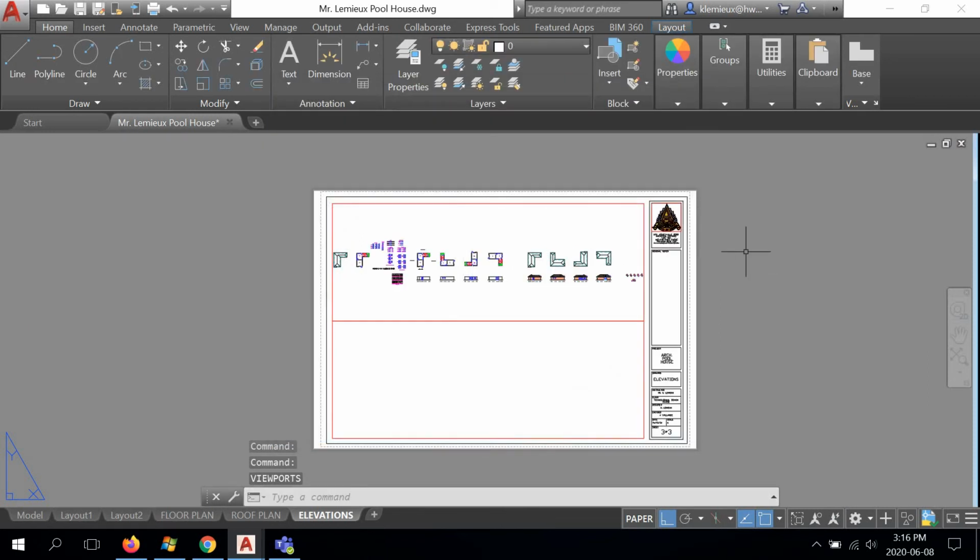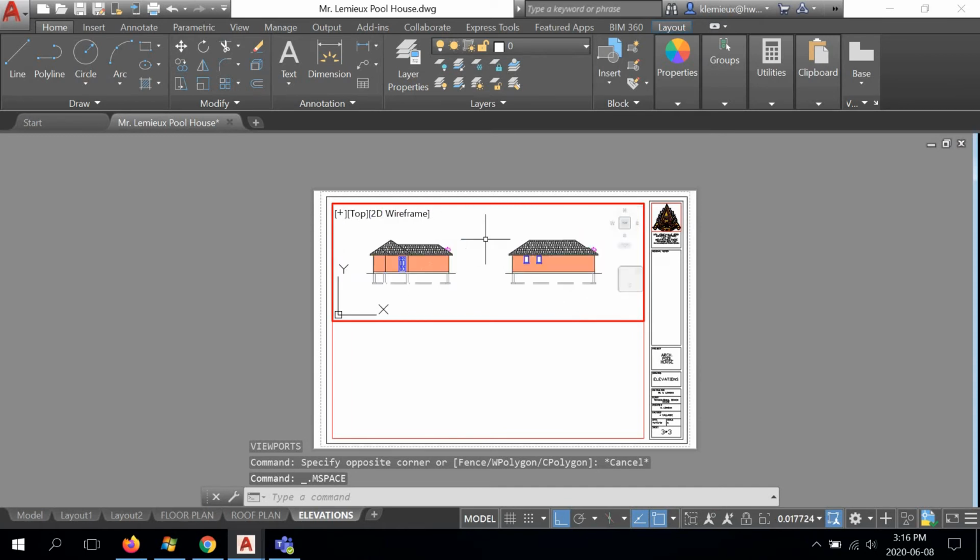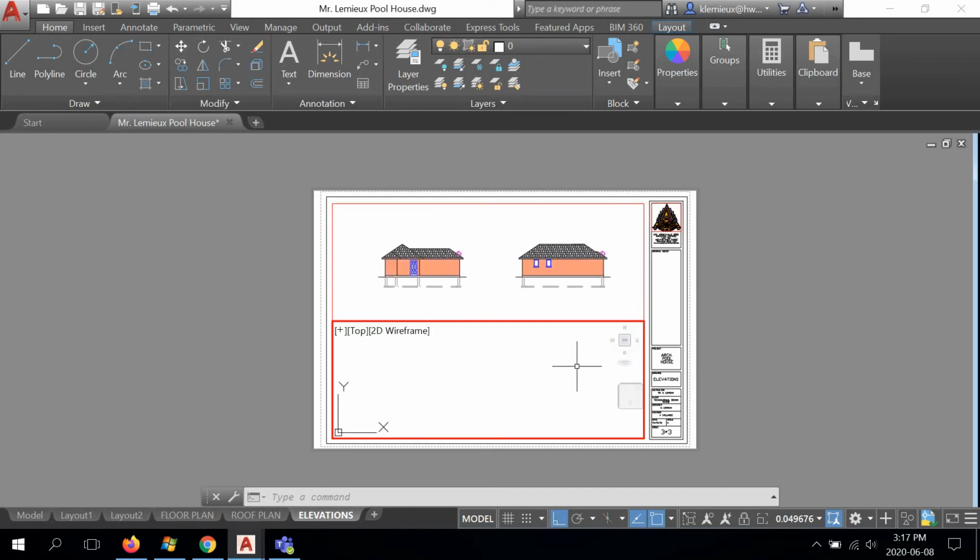I can't hit escape to exit a command because it'll end my recording, so that's why I keep hitting enter, and it keeps bringing these dialog boxes up, which I don't need. Okay, so we're going to double click into this viewport. We're going to zoom in to what I want, which is right here, and double click this one to find